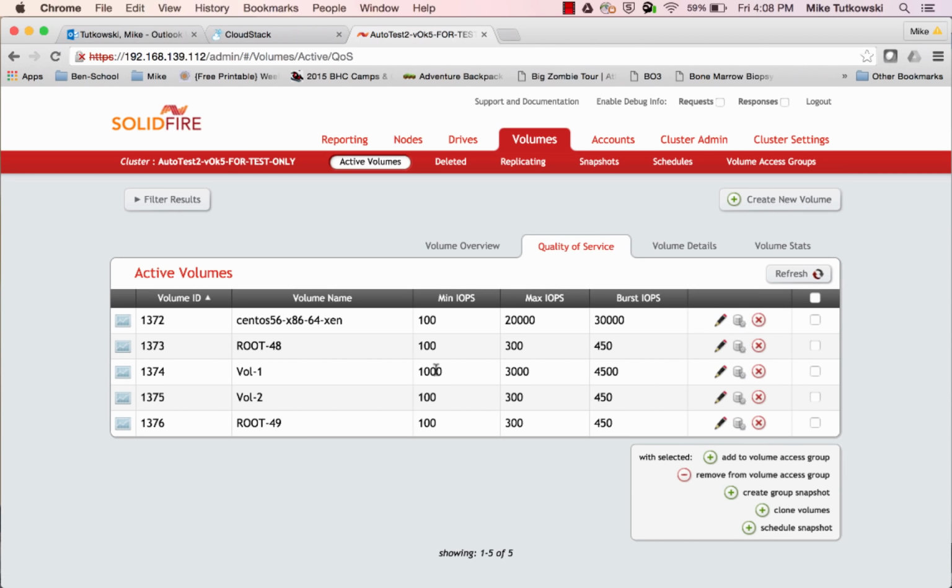All right, there we are: 1,000, 3,000, 4,500. Very elastic, very seamless. So you're able to upgrade and downgrade performance characteristics. It's a little bit more interesting with changing the size, because the hypervisor does have some restrictions about changing the size of a volume that's either attached to a VM or if the VM is running. And that can vary based on your hypervisor type. So that's a little bit more detailed, but changing performance is